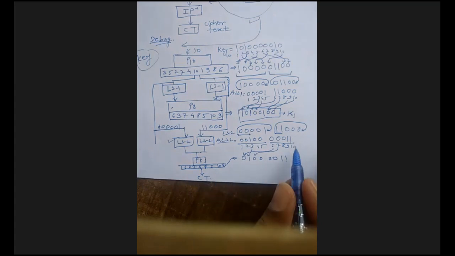So that becomes 0. Okay. And then it becomes 0011. Okay, 10 and 9 that you have to apply. This is my 10th number and this is my 9th number. So this has become my output, the key 2. So key 2 is becoming what? 01000011. So this is the key 2 I have got.